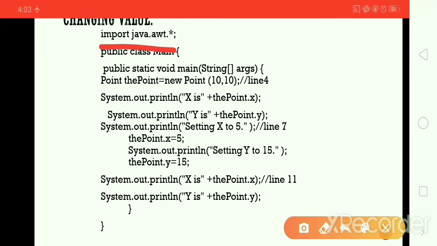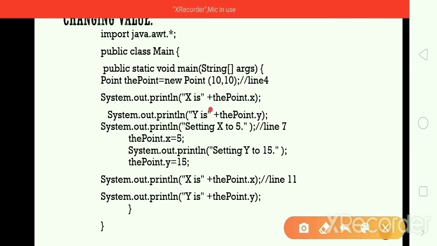You can see here I am creating an object of the class. I have the instance variables. Now I have values for my coordinate points x and y, both 10, 10. Now how do we access those values with the dot notation?